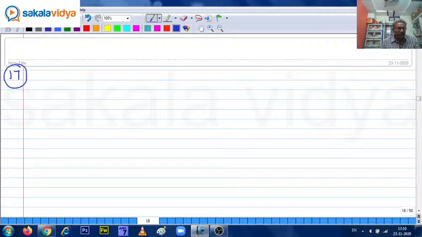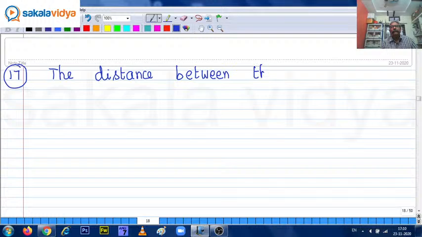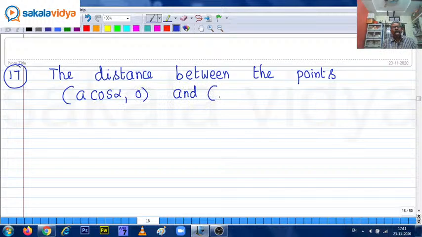17th question. The distance between the points A cos alpha comma 0 and 0 comma A sin alpha is